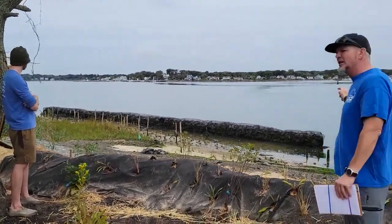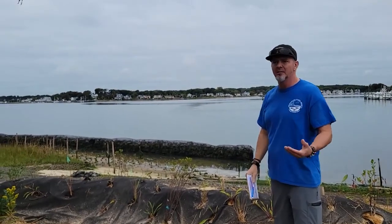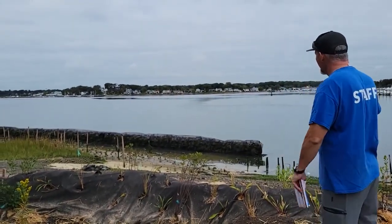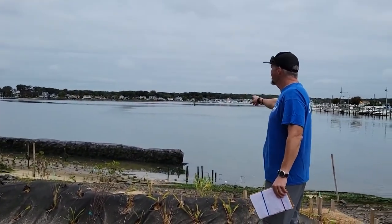So you have 200 feet of sill that ties back into the marsh where it was really eroding. The gap is so water comes in and water goes out, okay? You want your critters to come in. The other thing though, if you see down here, you're gonna see some of the stakes, and you see the